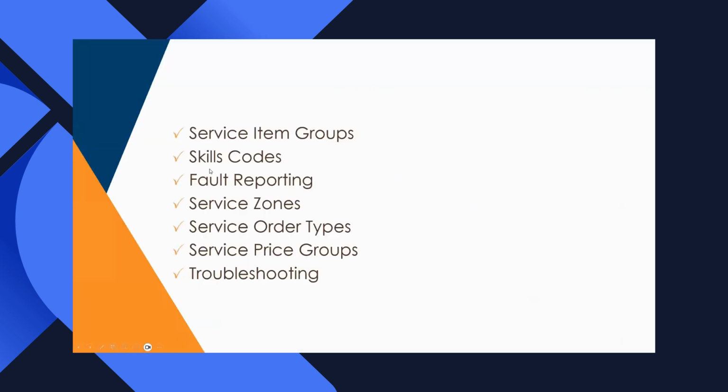You have skill codes, which you can then set on your resource. So certain resources can be set by their skill code, for say, engine repair or different types of skills. That way, when you are assigning your resource to a service order or service contract, they actually have the skills required. And if certifications are required, you have that visibility within your